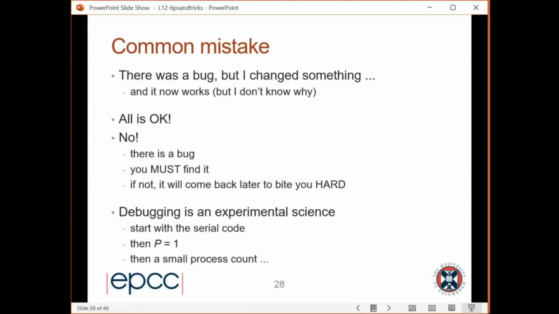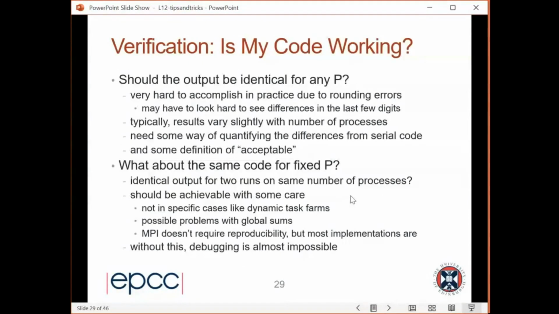Now, if you're a modern software developer, you may have a huge suite of regression tests that run automatically overnight through some continuous integration system. Maybe you do, maybe you don't, but that should be the ultimate aim. But just running tests by hand is often better than nothing. I have a whole bunch of things about whether the code is working. I don't really want to go into this in detail, but